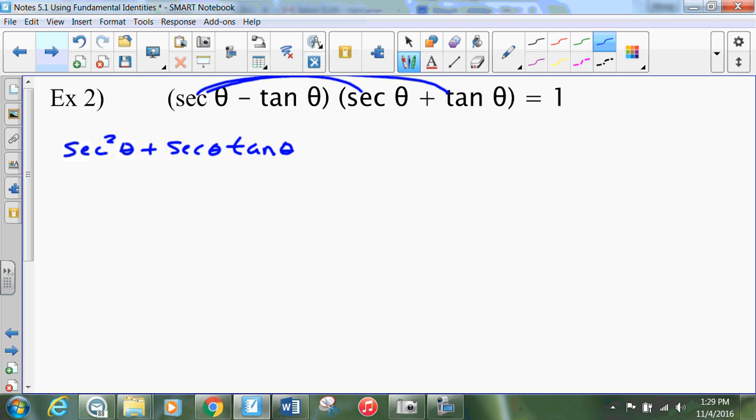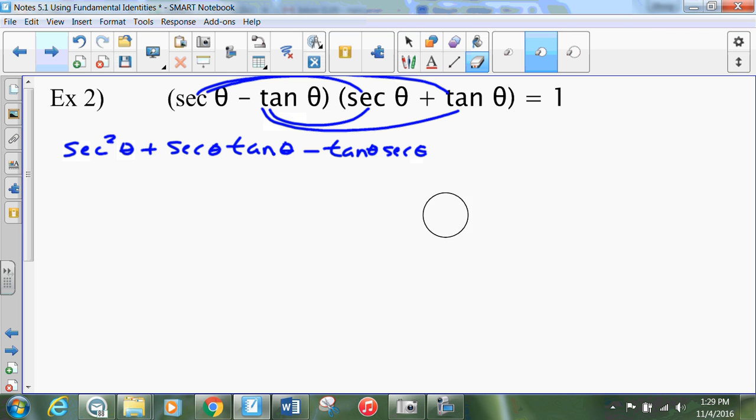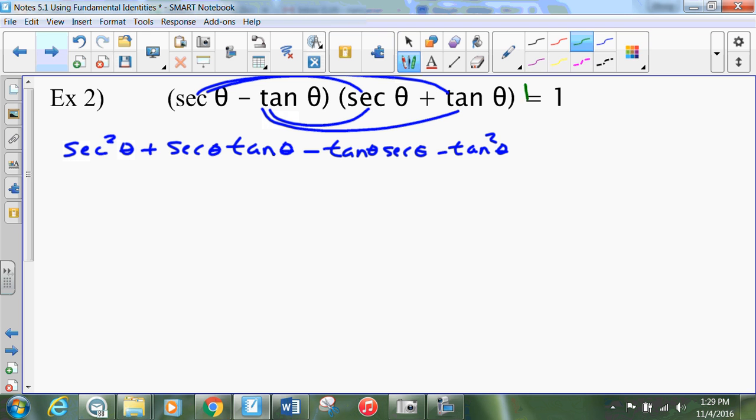And now it's time to distribute the negative tan theta. Negative tan theta times secant theta is minus tan theta secant theta. And negative tan theta times tan theta is minus tan squared theta. Okay, once again, I should have started this problem by putting a line down here,